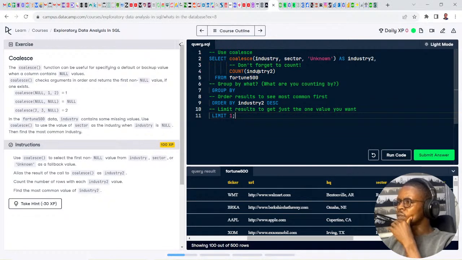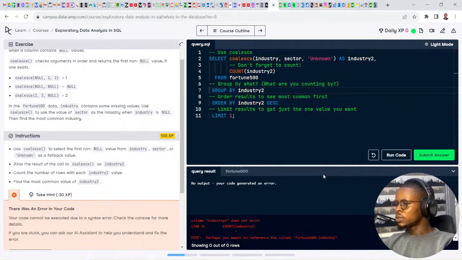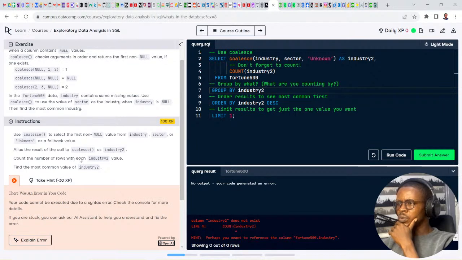So I'm counting by industry. That won't be right, but let's use aliases also to count. Let's give it a shot and see. It's not going to make sense, industry2 doesn't exist. It says count number of rows.